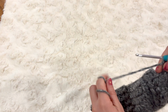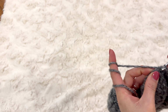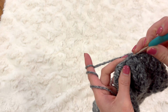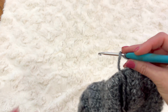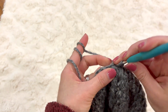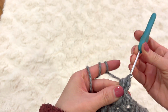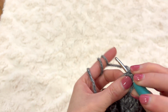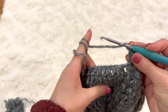Okay, I just got here to the end of the round. I'm just going to slip stitch so I can finish it, and then same thing, slip stitch in the middle of the puff stitch, chain 2, make 2 puff stitches, chain 1, the other puff stitch, okay. Now we're gonna decrease again,